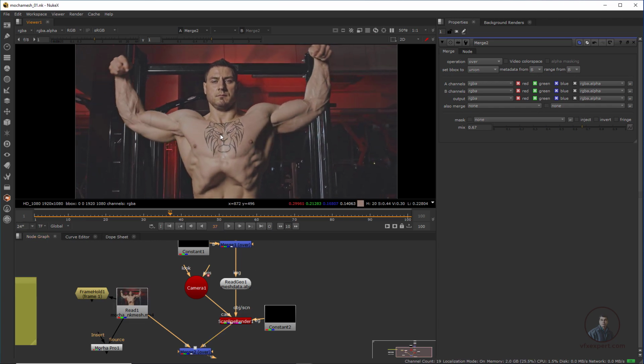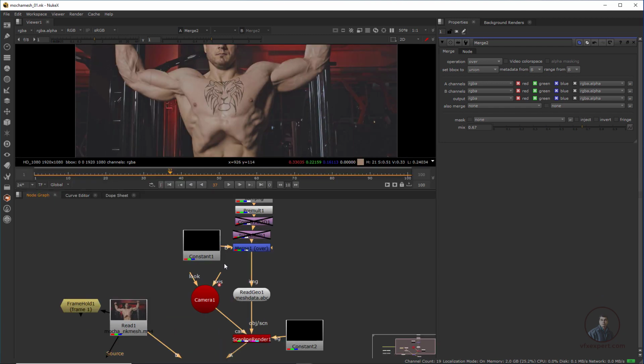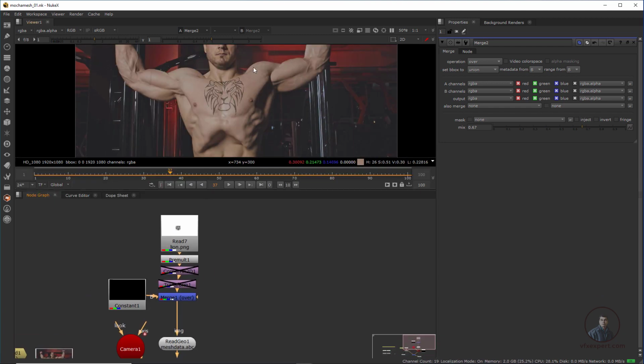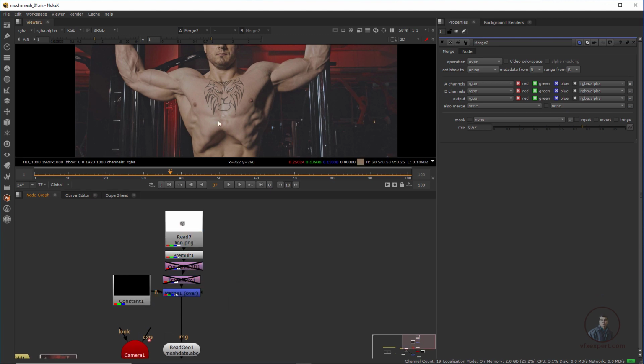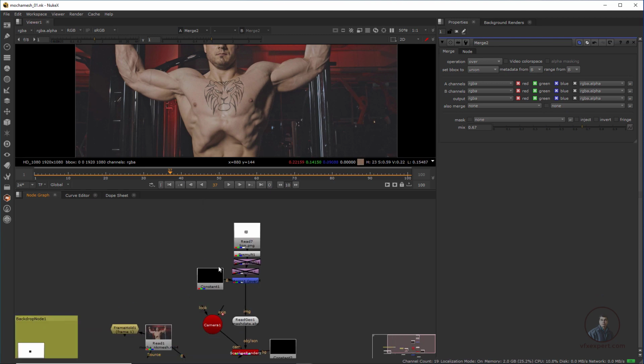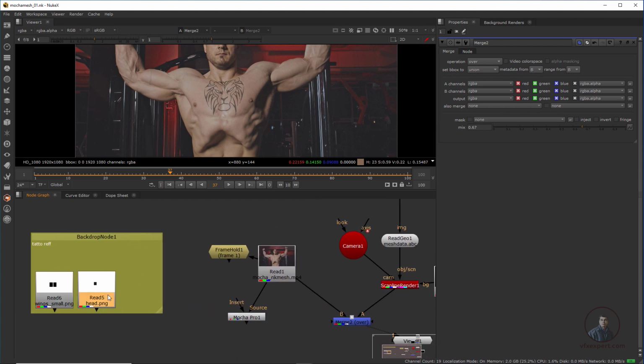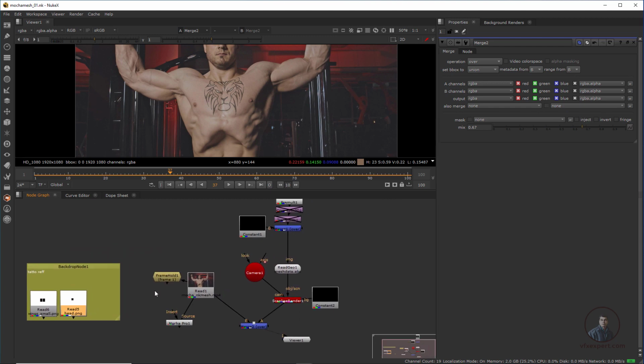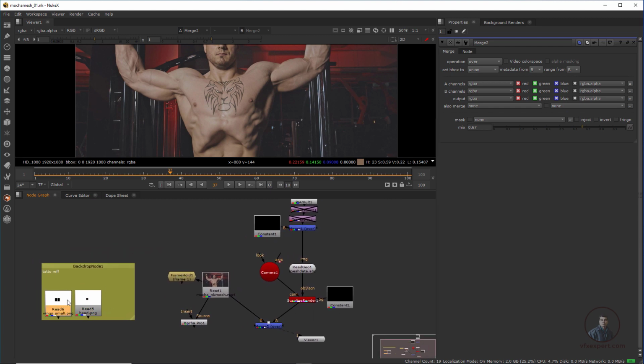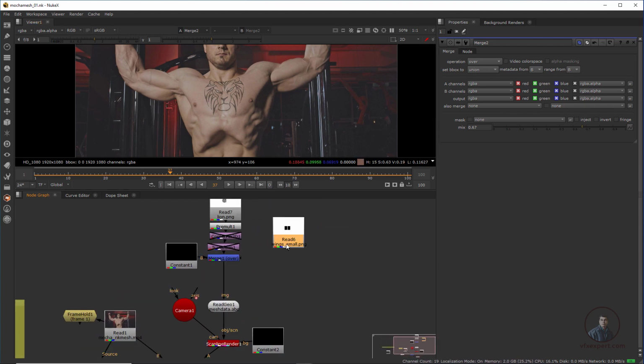Suppose after this you want to change your image, this tattoo or anything, then I am going to explain it a little here. Whatever you want to change, you have to change only in this compositing. Just adjust it a little here. I am going to merge one more here. I am going to take this one maybe. Suppose I want to take these two. If you want, you can take this one also. Maybe just the wings. This is only for explanation. So this is the final result for us.